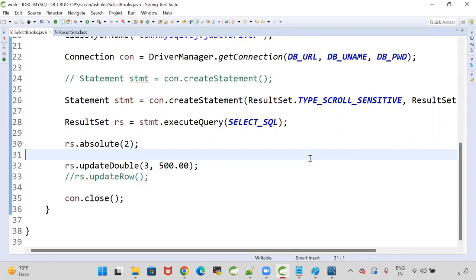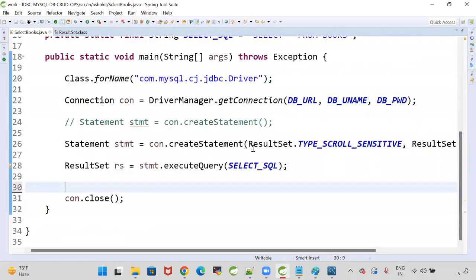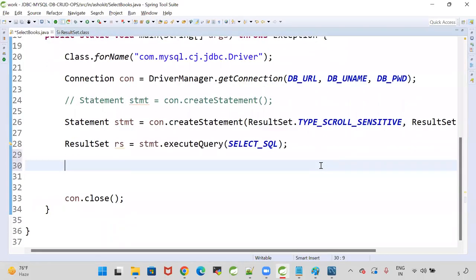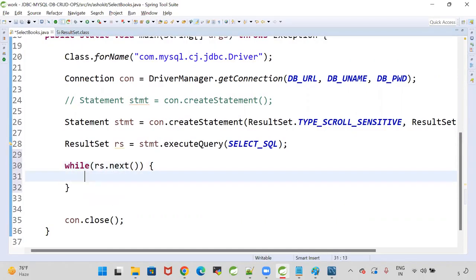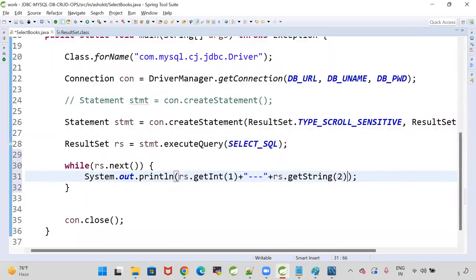Yeah, guys, let's do this. Now, observe. I'm getting a sensitive result set object. I'm trying to get the data. Let us see. While rs.next, I'm trying to print all the records available in the database table. System.out.println rs.getInt first column data. Then I'm printing rs.getString of second column data. Then I'm getting rs.get